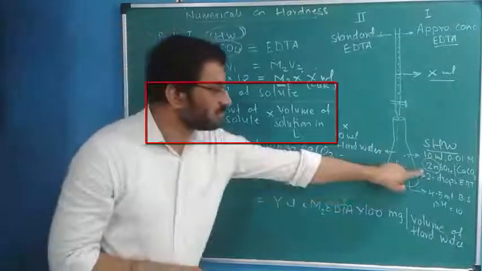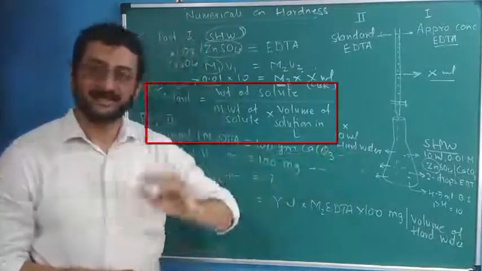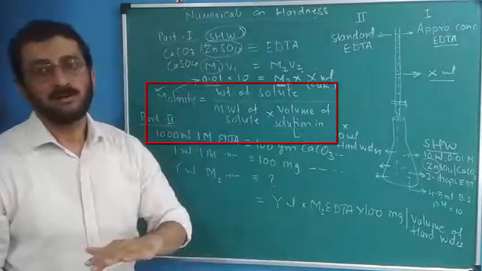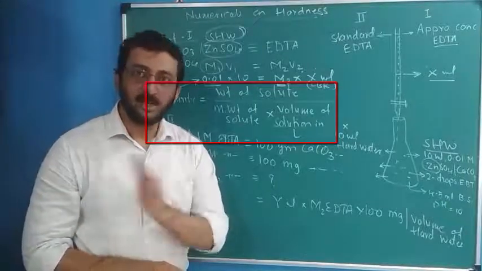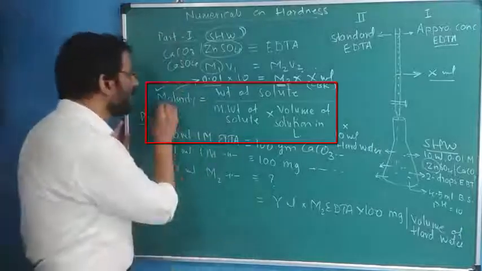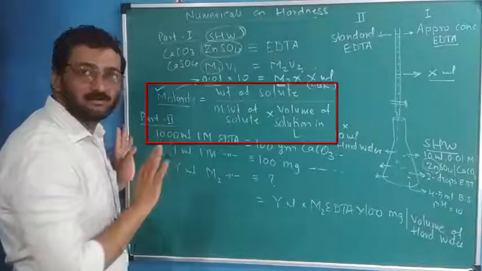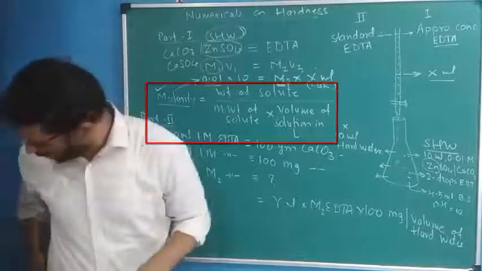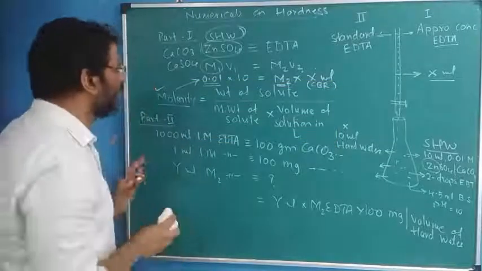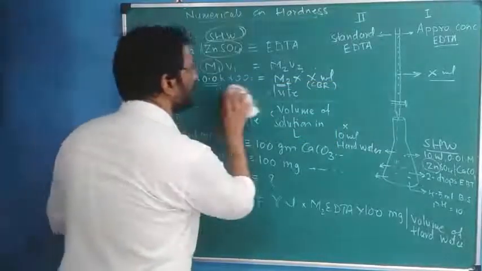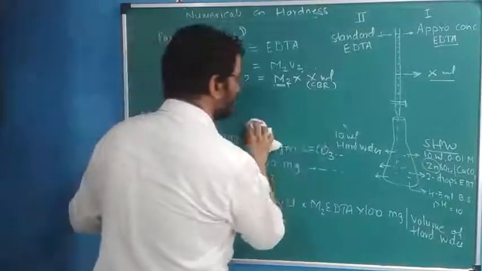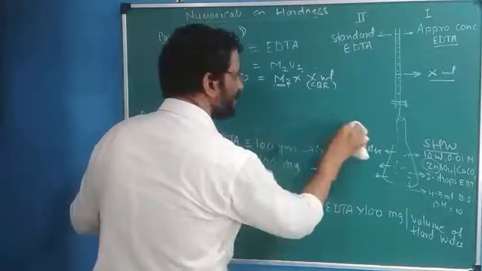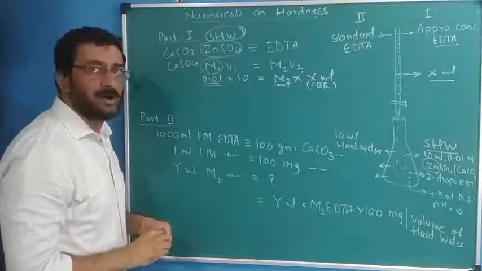The molarity of that salt solution is either straightforwardly given or not directly given. If it is not directly given, using the molarity formula we can easily find that out. So that point we have to remember. Fine. For the time being I will remove this. Okay, that's it. Now the second part of the reaction or the experiment.